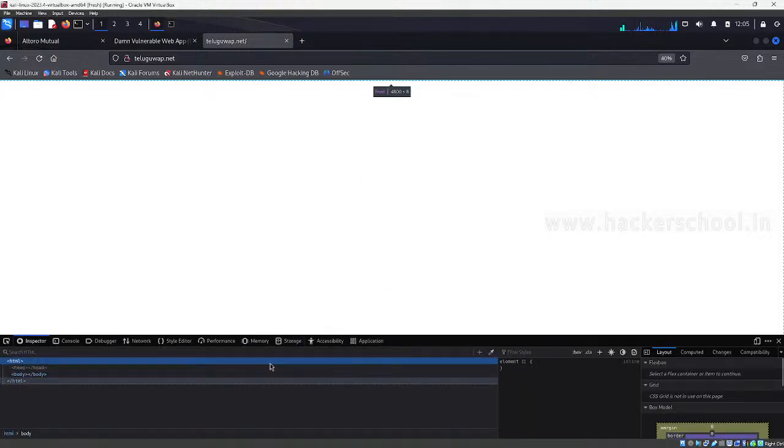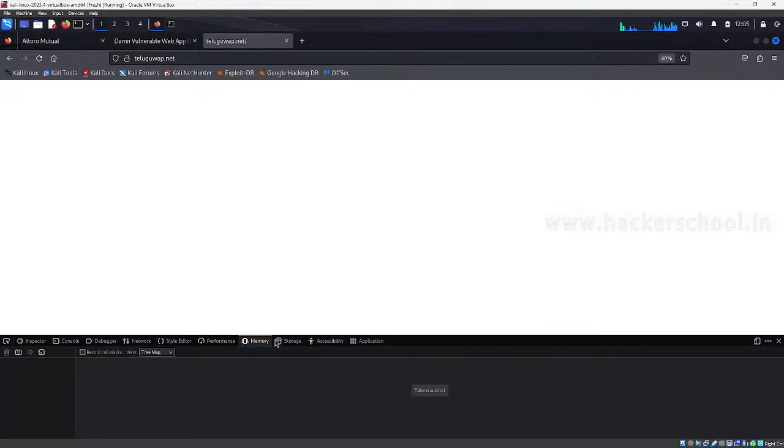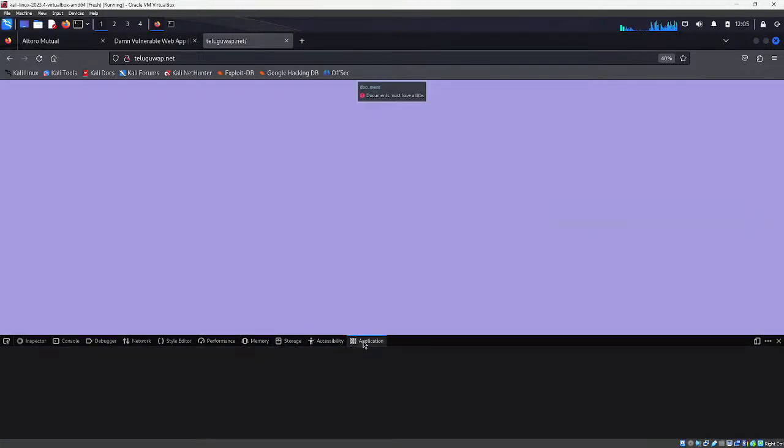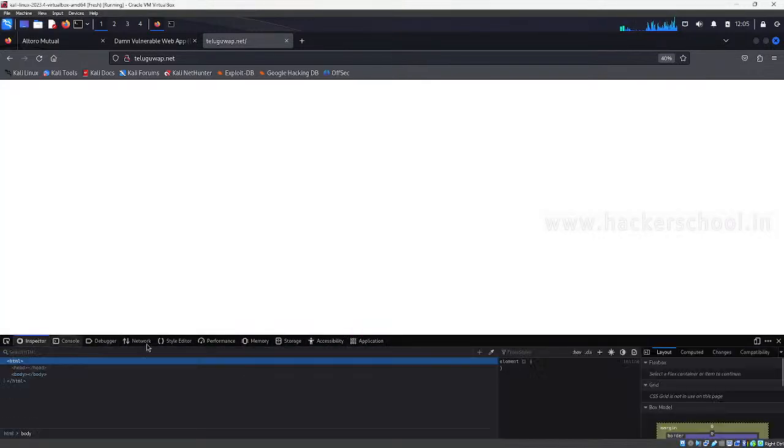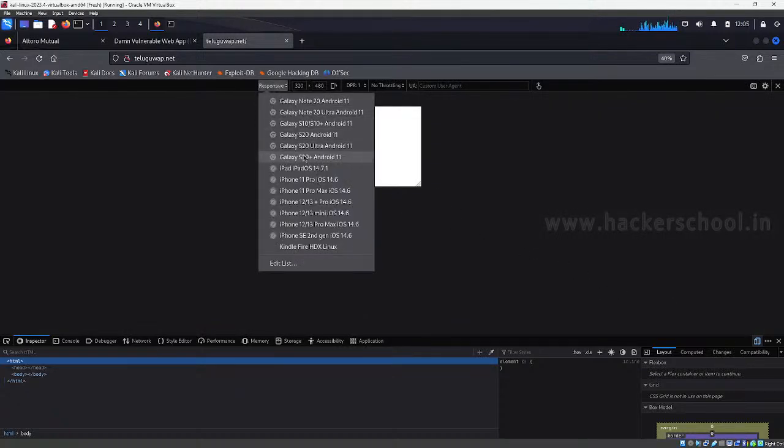So if I change my interface to phone, let me see, where can I do that? Debugger, network, style editor. Ah, it's available right here. So click on it and change it to phone. I want to change it to, let's say,